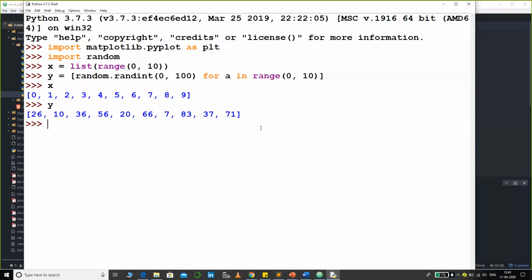Now let us say I want to project this data as a graph. So what can I do in that scenario? In order to do that, we're going to use something called Matplotlib, and that will give me enough functions with which we can